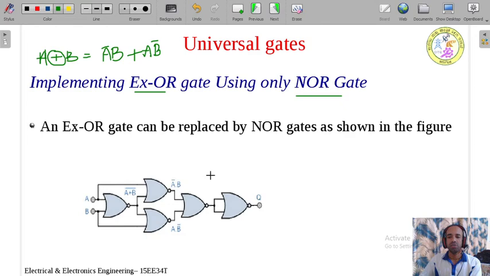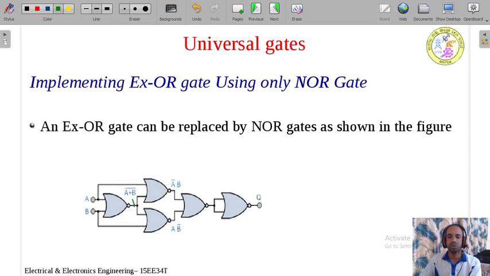Earlier, while implementing the XOR gate with NAND gates, it required only 4 gates. This gate was not required at that time. NAND gates should be connected in this fashion and you are going to get the XOR gate. Whereas in the case of NOR gates, to implement XOR gate, one more NOR gate is required. To the output of this one, we need to add one more NOR gate. So here again you find the intermediate outputs. Here the answer is already given. You do the calculation to see how to get this.